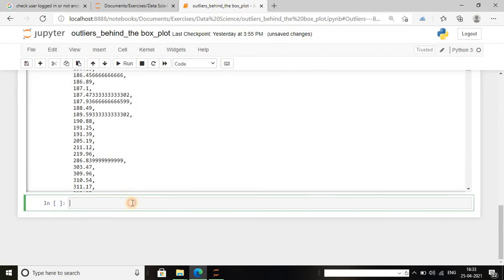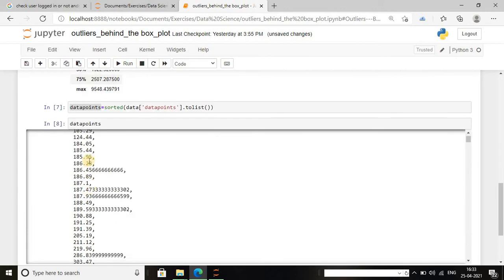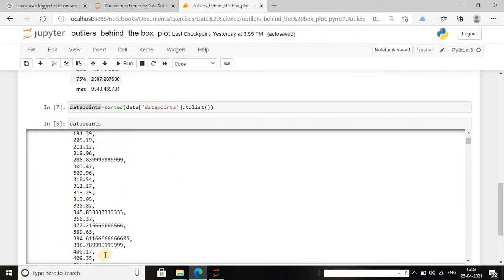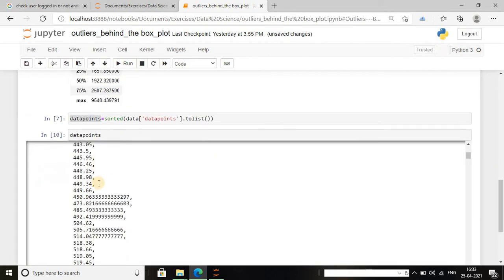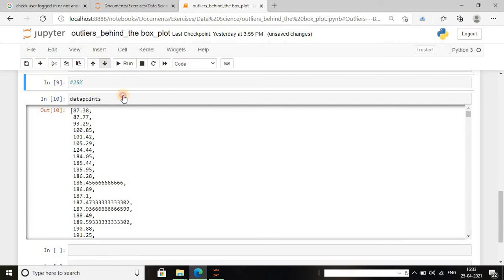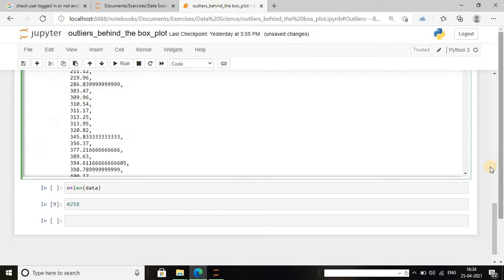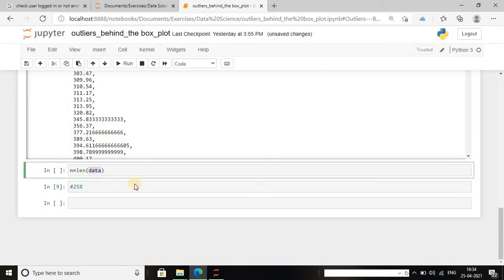First I'm going to find the 25% quartile value. For the formula, I have to take the total number of observations in this list. n will be the total number of points, which is the length of this data points list.